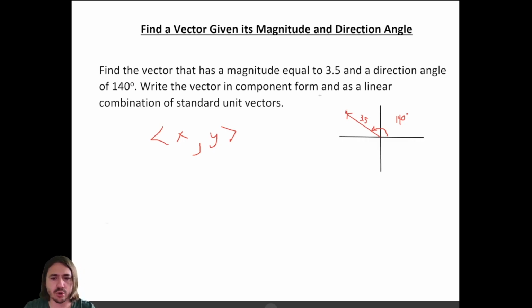So we can use our SOHCAHTOA trigonometric functions to find that out. If we know that this angle is 140 over here, then the reference angle, this angle right here, is 180 minus 140, which is 40. And we can use that